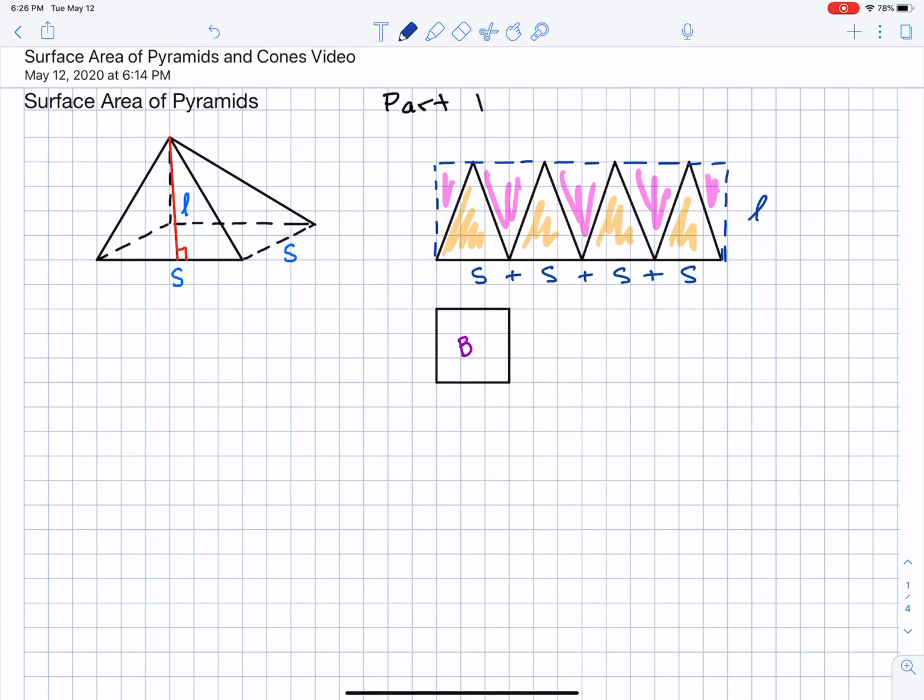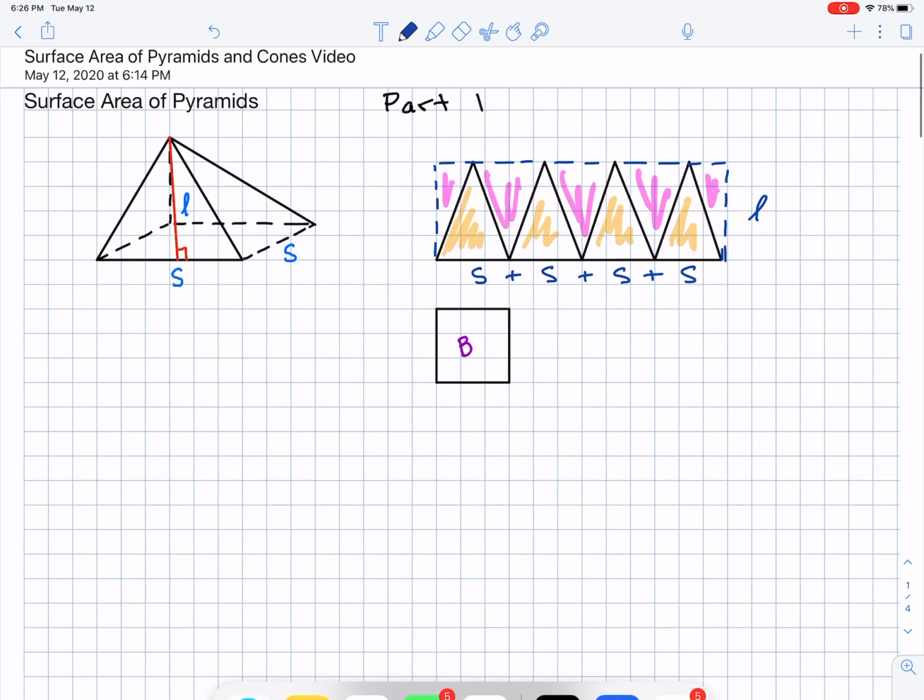So in other words, if we wanted to find the area of that lateral area, I would say it's 4s times L. But of course, that 4s, just like we saw the other day, also happens to represent the perimeter of the base. Okay, so our formula,